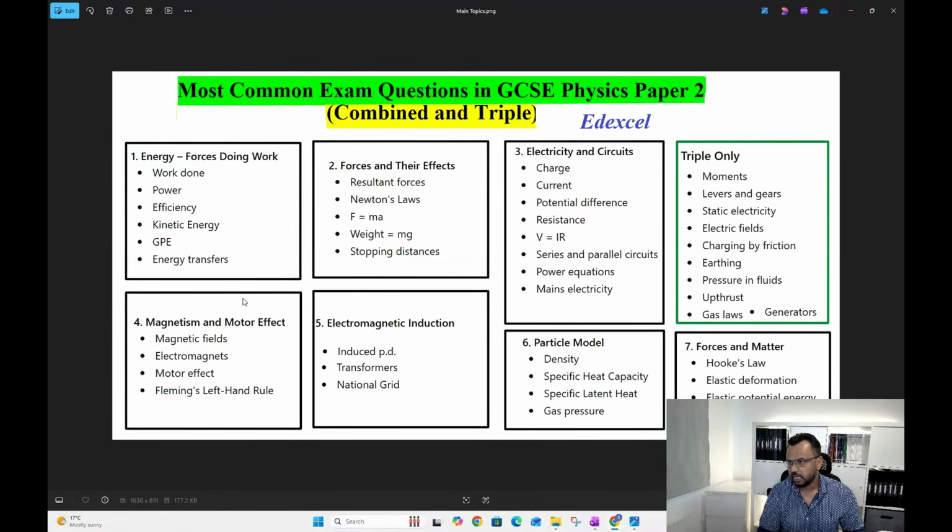Right, guys. So these are the things that we are going to concentrate on. Now, I'm going to do most of these through questions because your exam is literally around the corner, in just 2 days. So we need to do a lot of questions to understand it. But having said that, if you tell me in the chat that you need certain questions, or you want me to explain Newton's second law or something else, I will explain.